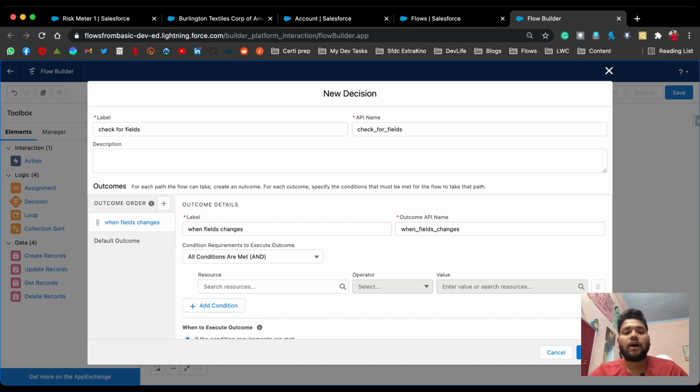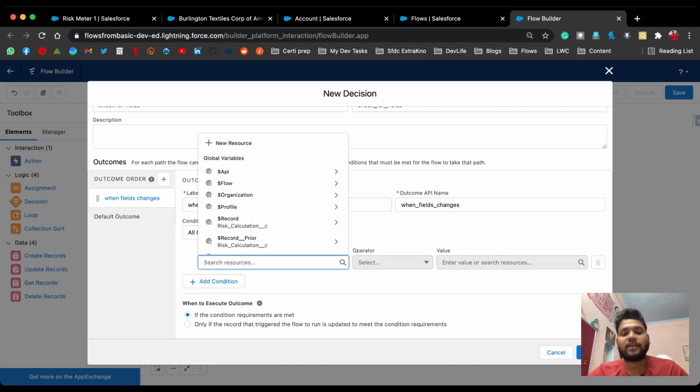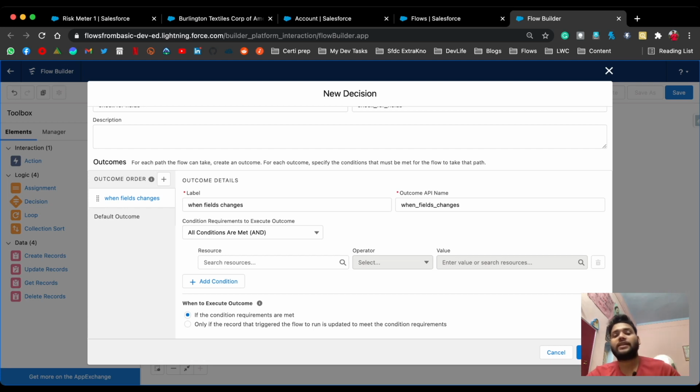In the condition you have 2 ways to check whether your field is changed or not. Let me tell you why. I am in the pre-release org, and Summer 21 features are already uploaded in my org. Let me show you.